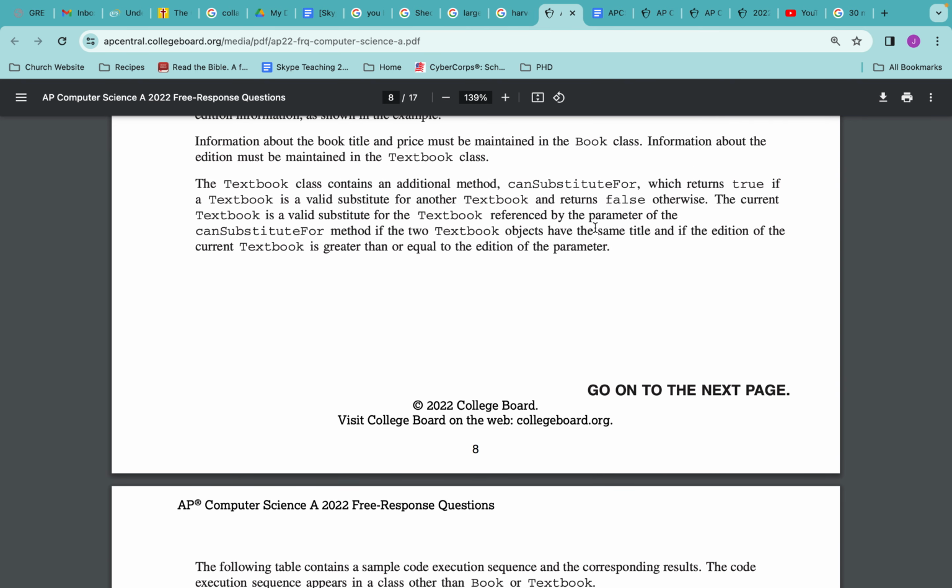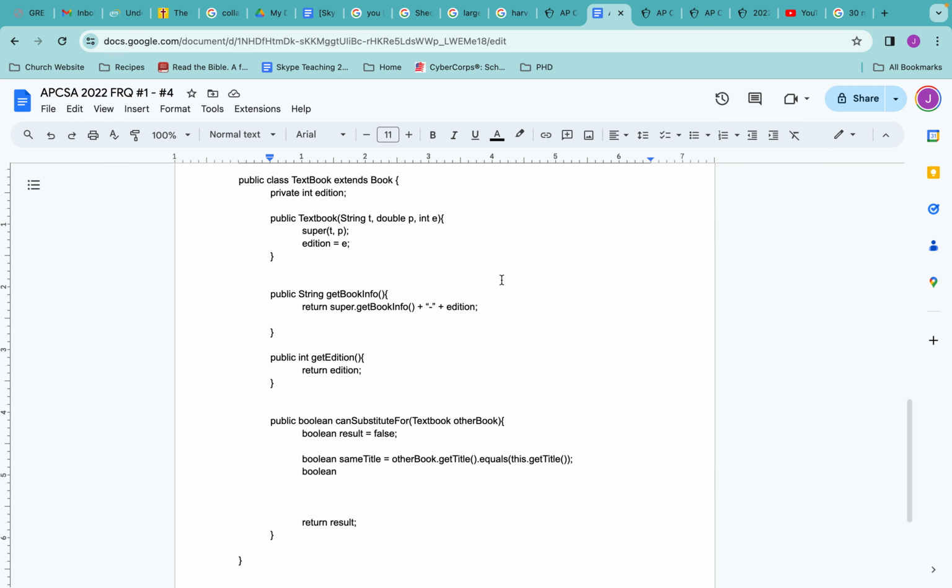If the two textbook objects have the same title, and if the addition of the current textbook, as opposed to the textbook referenced by the parameter, is greater than or equal to the addition of the parameter. Okay? Okay, let me see. Valid addition. That's what I'm going to call this one. Okay. I'm going to return true if